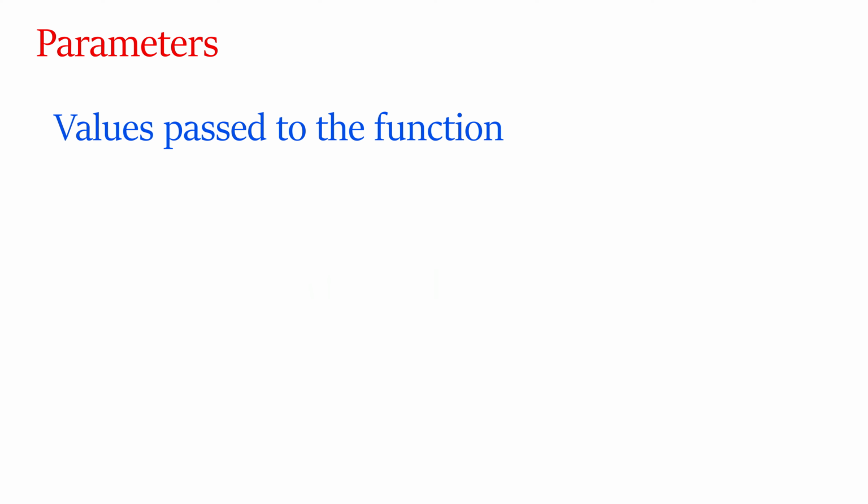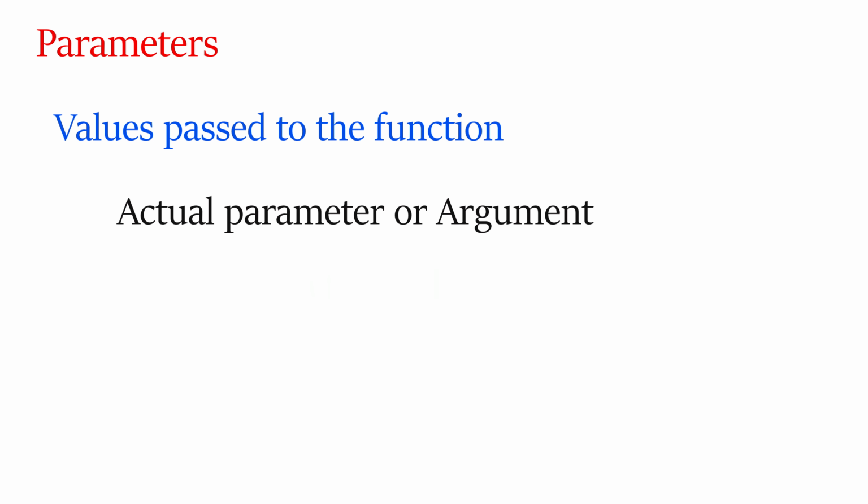What are parameters? A parameter is like a placeholder. When a function is invoked, you pass a value to the parameter. This value is referred to as an actual parameter or argument. The parameter list refers to the type, order, and number of parameters of a function. Parameters are optional. That is, a function may contain no parameters. Here the parameter is integer n.